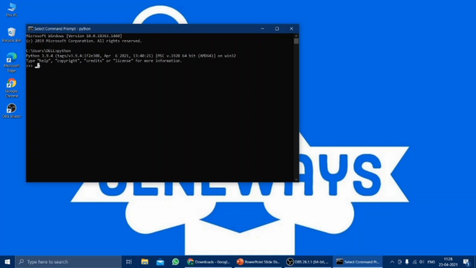So just make a try. I am writing a simple basic program, printing hello world. So this is the print statement I have given here. So press enter.